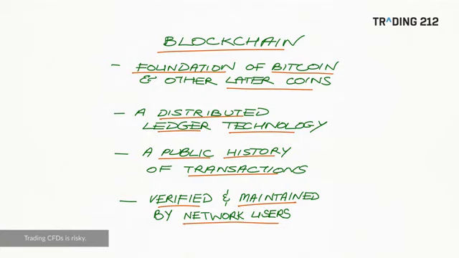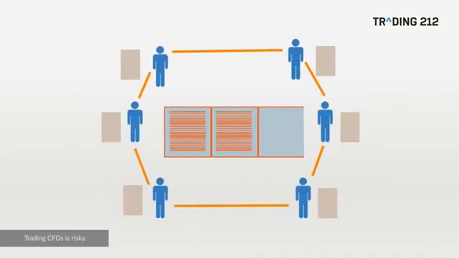So let's look at that visually. This is very simplified, but it's just to try and give you a loose visual idea of what we've been talking about. So this represents our network of users and they are managing everything. Just to reiterate that key idea we mentioned before, there is no central oversight. Everything is managed by this peer-to-peer network of users. And these users are actually called nodes. There's just a few shown here, but there'll be lots and lots of them all over the world, all working at once on verifying and maintaining the ledger. And the latest version of the ledger is represented here in the middle.